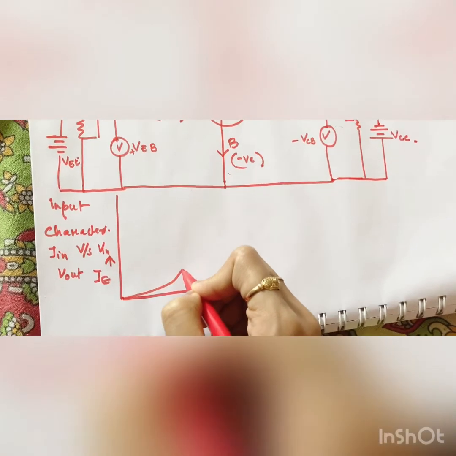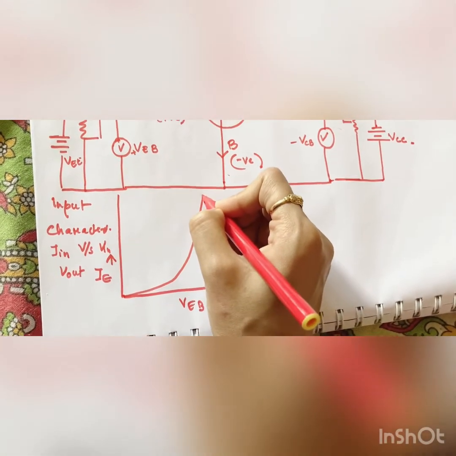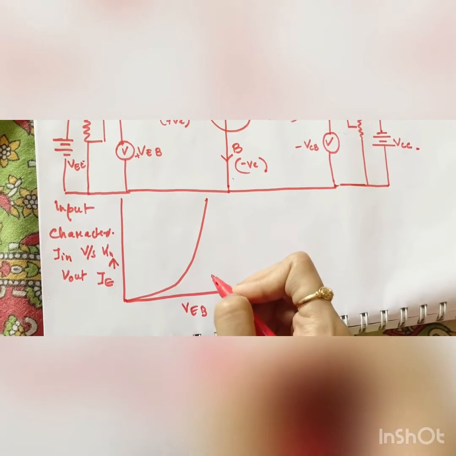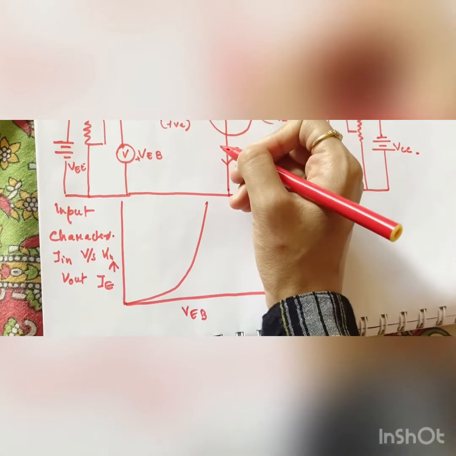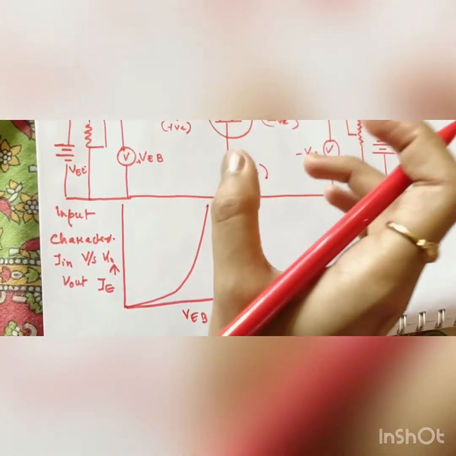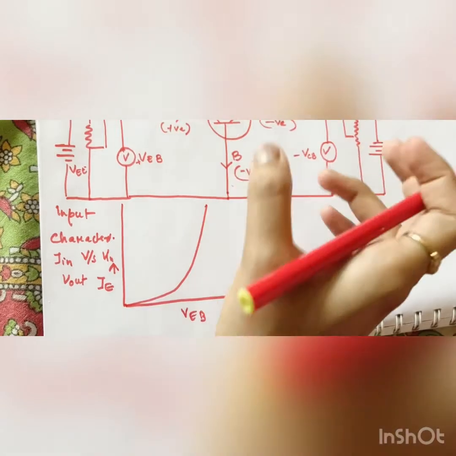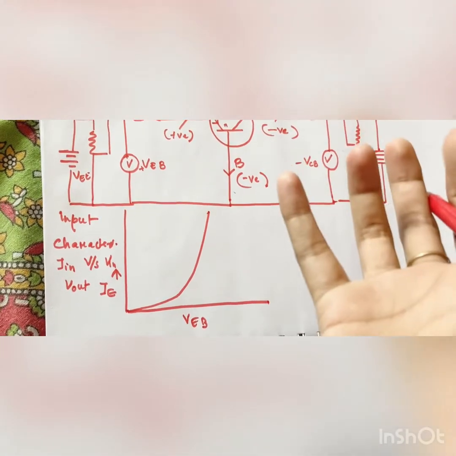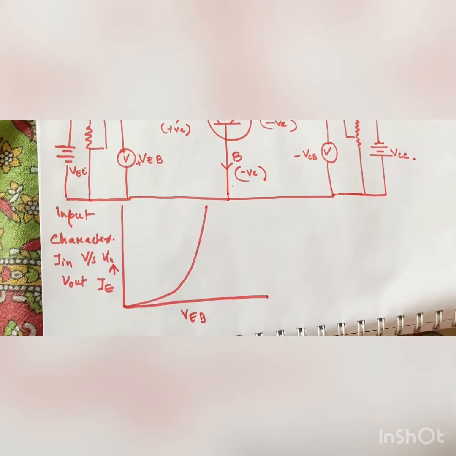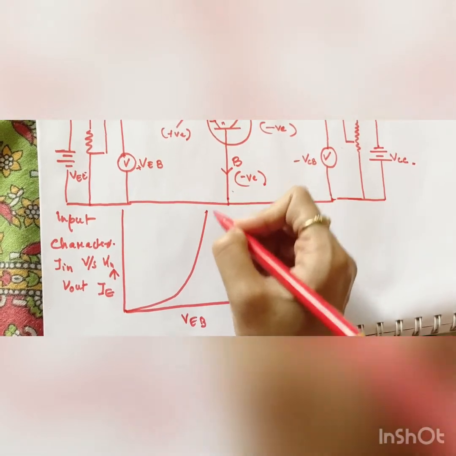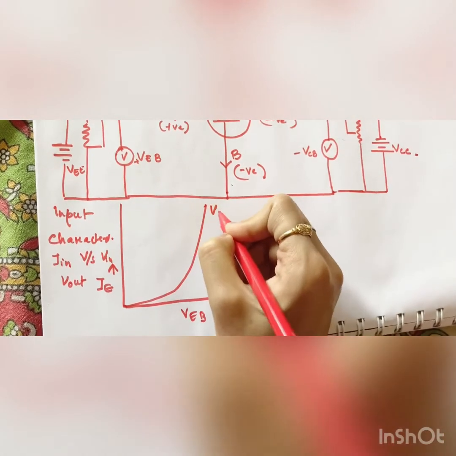I hope you guys remember from the PN junction. In input characteristics, first the current flows slowly, then after attaining a knee voltage the current sharply increases. That's why I'm mentioning that you first refer to the earlier video, on how the input characteristics work in a PN junction diode and how the transistor works, then only you can get this video. So this is the input characteristics in a given VCB.